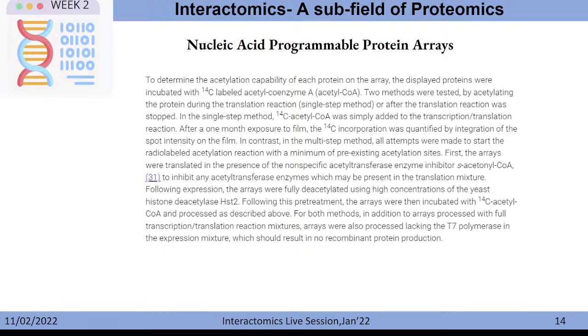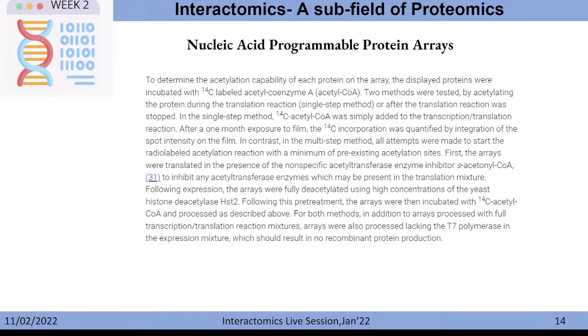So now you can see 14C acylating the protein using translation reaction, or after the translation reaction was stopped. So there are two methods. One is your single-step method and another is your multi-step method. In the single-step method, 14C-acetyl coenzyme A was simply added to your transcription translation reaction, and after a one month exposure to the film, the 14C incorporation